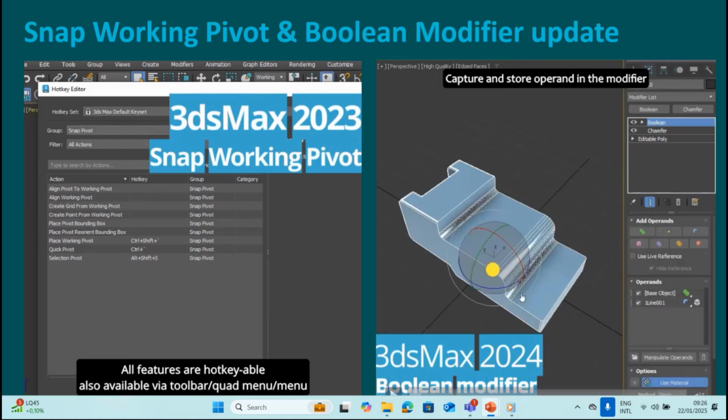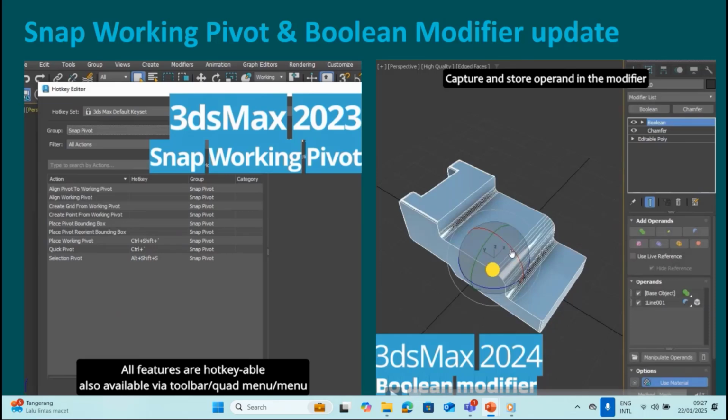Can you imagine when you are done with the Boolean? Let's say you want to union intersections. Once you do, if you want to go back, you need to undo, right? Control Z, Control Z, Control Z, right? But right now, Boolean, starting in 2024, has more improvement from 2023. Boolean also existed in 2023, but in 2024 this is more improved.